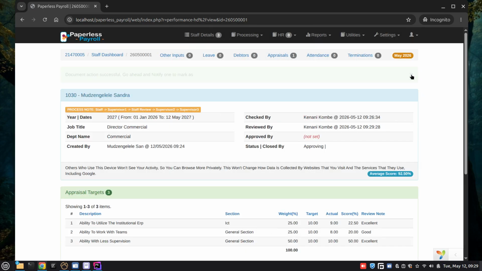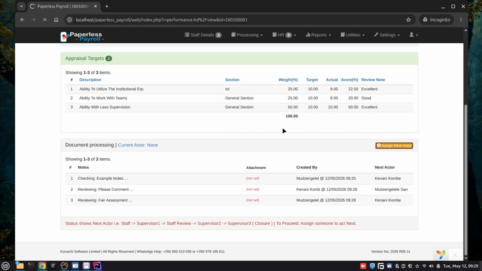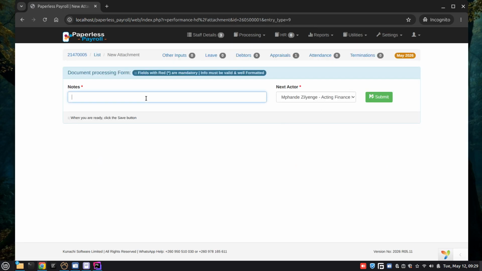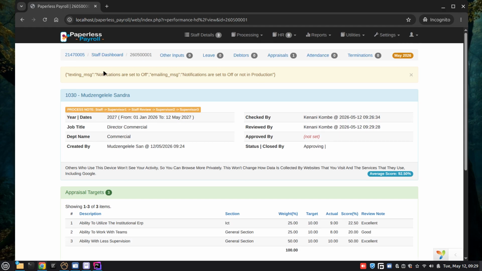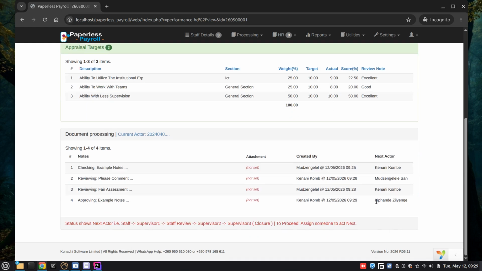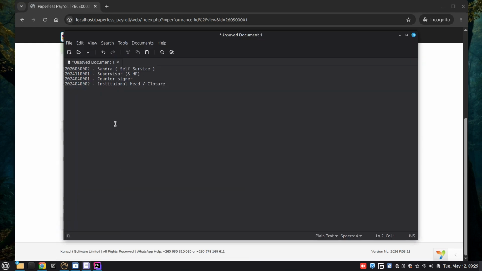Okay, once they do that, they can now push it to the countersigner, which in this case is picked automatically. So just example notes. Example notes. There we go. And once this is done, as you can see in production, this is going to send a message. So from here, we've sent it to the next person. So let's log in as that countersigner and be able to countersign